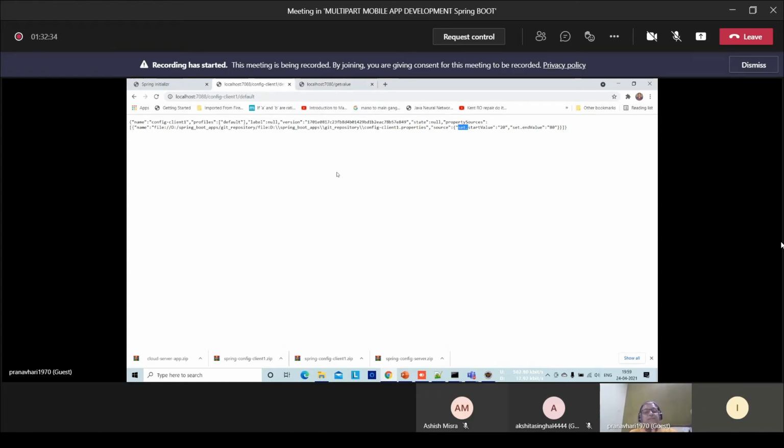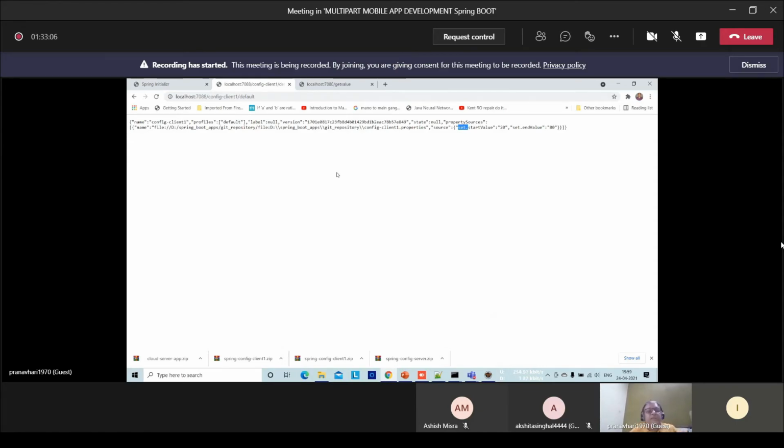So what happens? Let's try to summarize. The configuration data which is needed by one microservices application is put on the cloud, and for fetching data from the cloud, first of all, the cloud server has to be created.